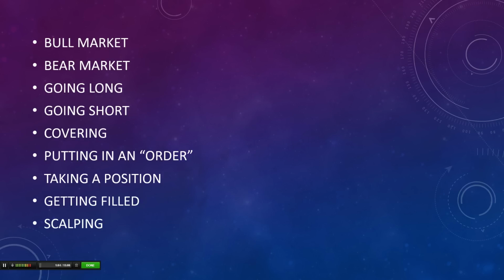Now, basically, what that means is whether the stock is strong and going up, or is it weak and going down in price? So, bull market would be the stock is going up and the demand for it is high, therefore the price is going up and it shows a gain. A bear market would be the opposite. It means there's not a lot of buyers, demand is low, more people are selling, more people are being conservative, so it's going down. Now, just to give you a little history about why it's called a bull and bear,